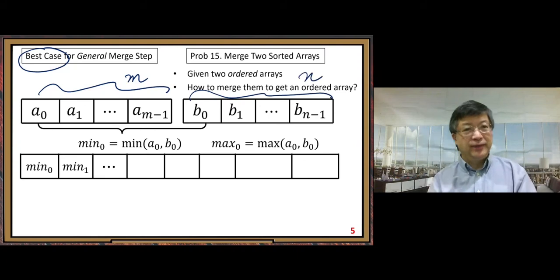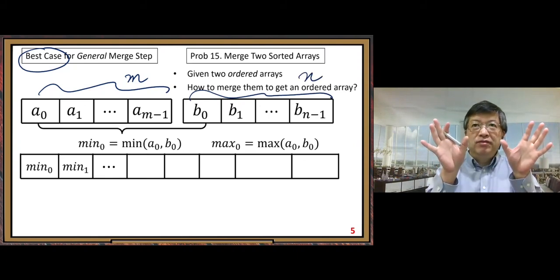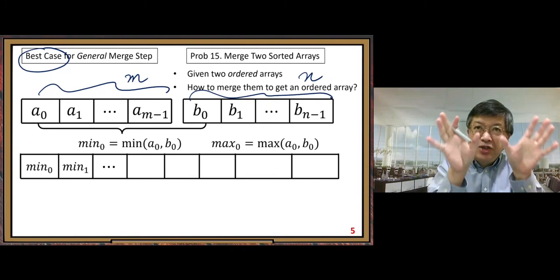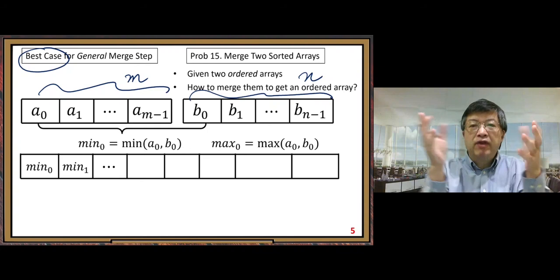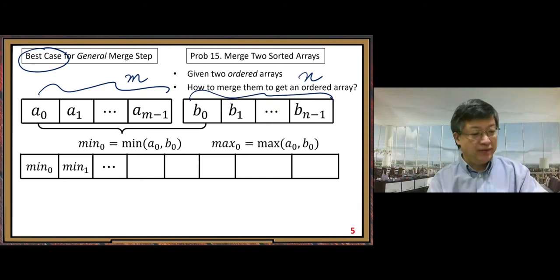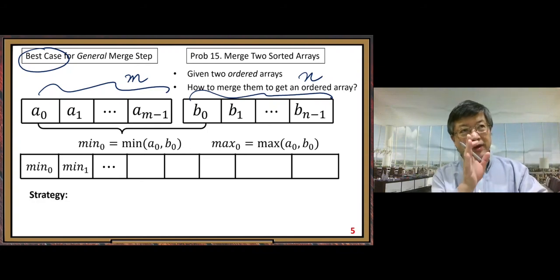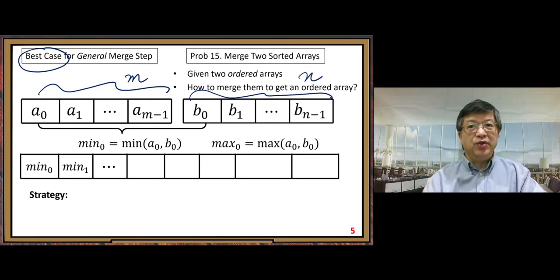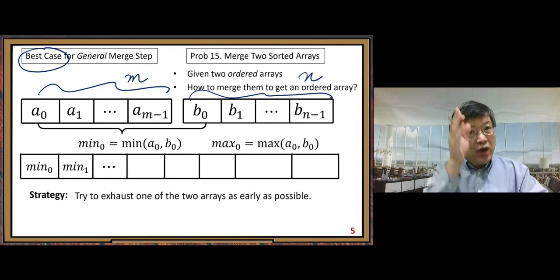How do we imagine the best scenario for us? We need a minimum number of comparisons. Look at the strategy we need here. The strategy is to try to exhaust